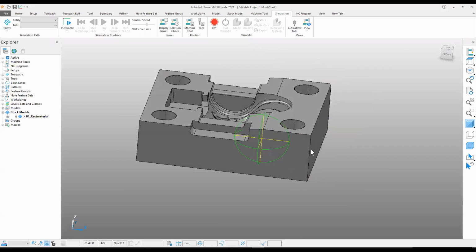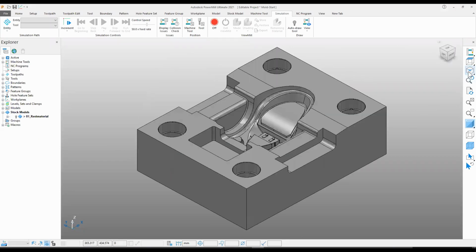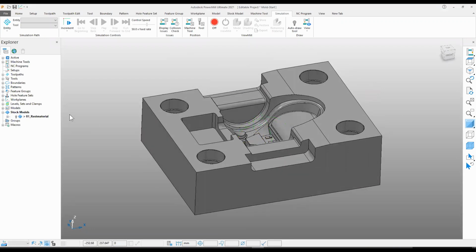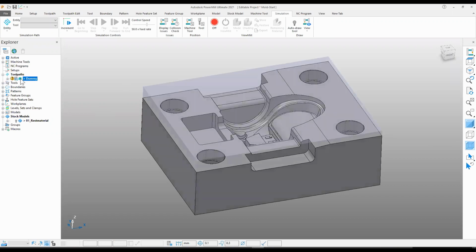So you can see this part is a little bit more complex and more of a real world part that you would have to cut in your workshop. But the way we do it, it's mostly the same as what we did on the simple part. So let's see. I have here already a block created,